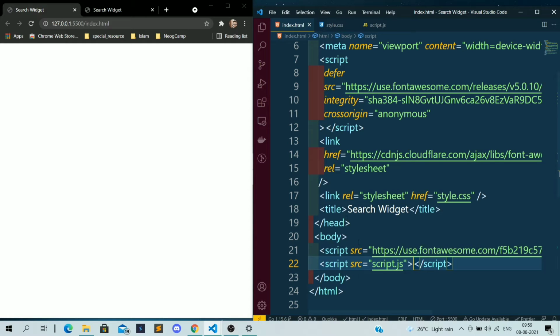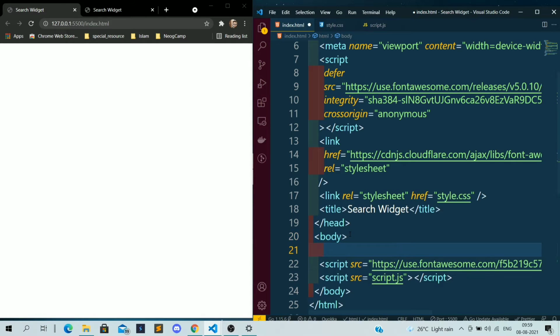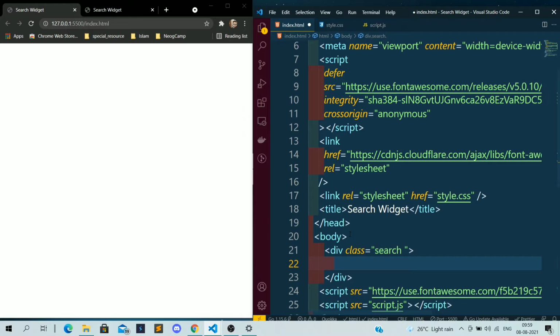So let's get inside the body. Let's make a div of class search. This div will contain the input.